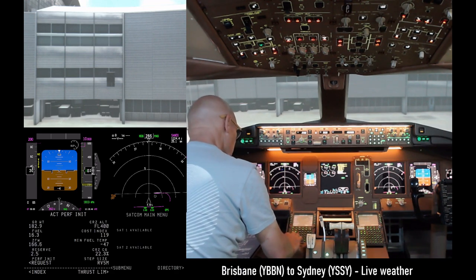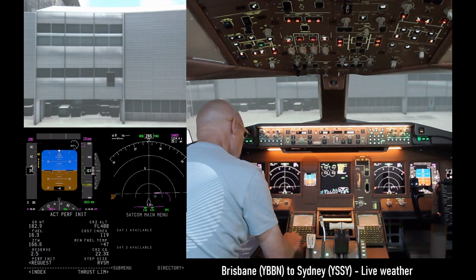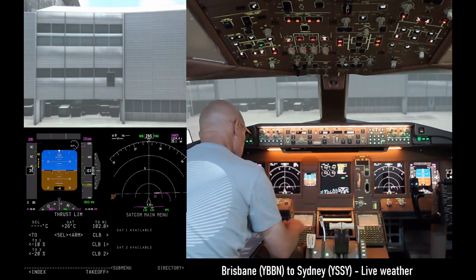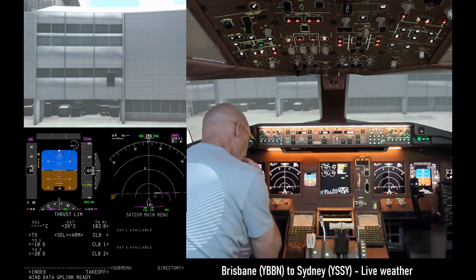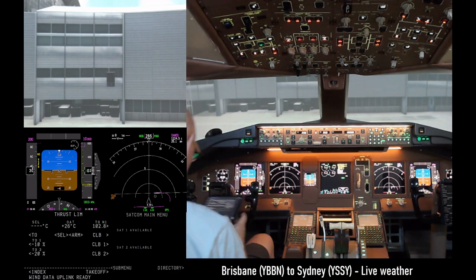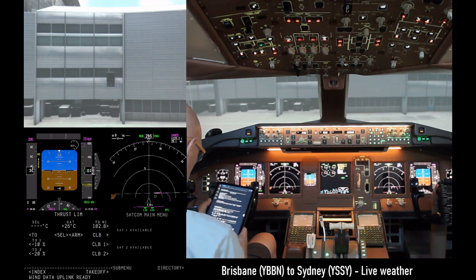Move to performance initialization and accept. So flight level 400 today. Thrust limit. Wind data is uplink ready. Okay, good. So I'm going to look up my, where is it here? Okay, so we can go